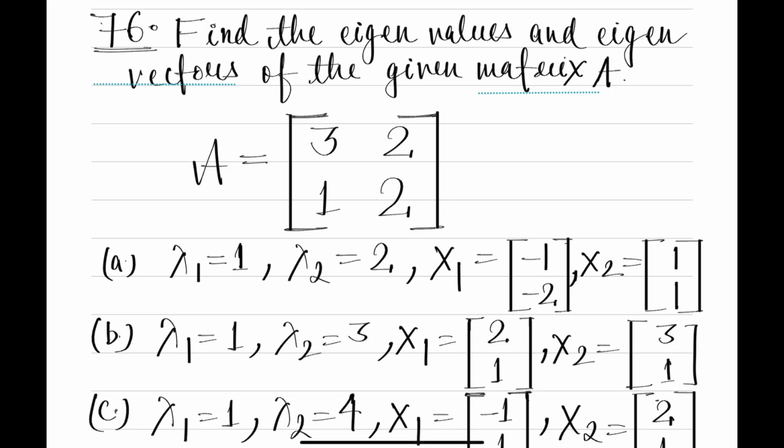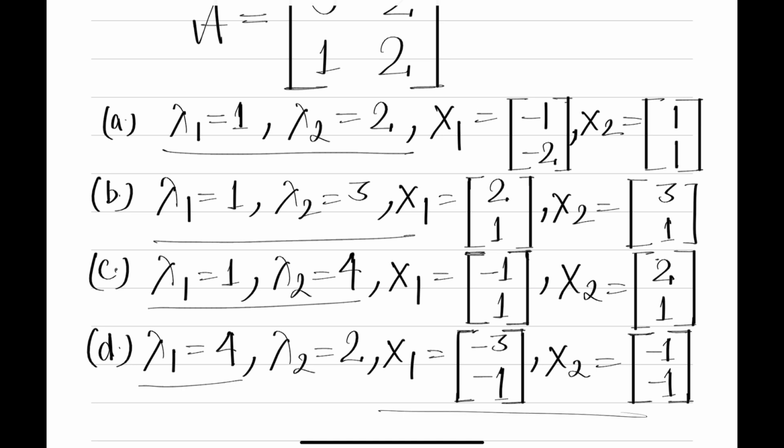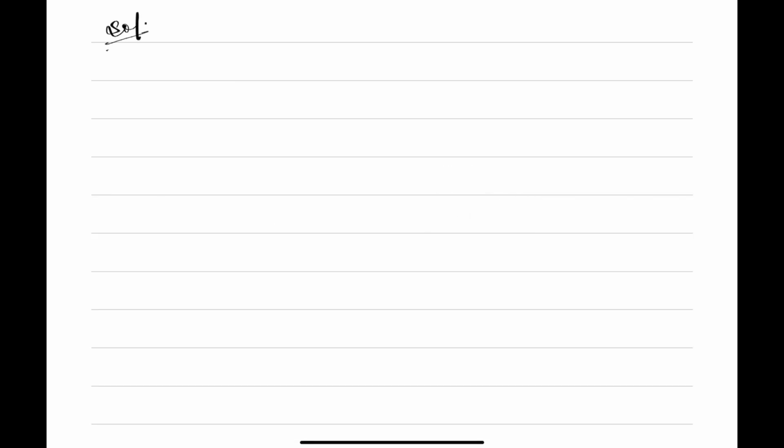Problem number 7-6. Find the eigenvalues and eigenvectors of the given matrix A, where matrix A is [3 2; 1 2], and in the options we have values of lambda and values of the eigenvector. So for solving this problem, first we need to